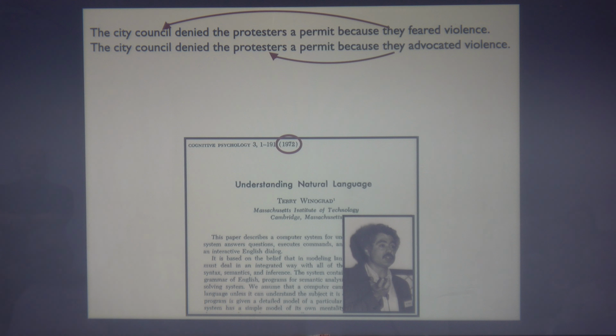But of course, it doesn't have to be that way. You can concoct a situation in which some city council wants to stir up violence in the streets in order to justify an authoritarian crackdown, and so they're denying a permit to ensure that there will be some sort of riot, right? And so what Winograd points out here is it seems like basically anything and everything you know about the world could potentially play a role in a very basic linguistic process like interpreting a pronoun. And pronouns are absolutely everywhere, right?